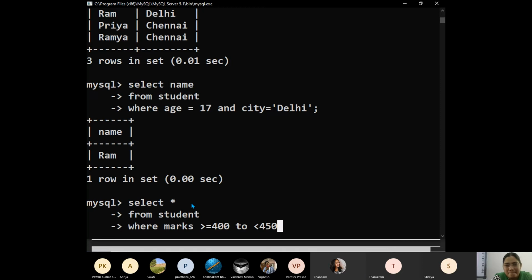This is how you write it. No, wait. See, when you have two conditions on marks, it should be marks greater than 400 and marks less than 450. Okay? That way you should write. Here most of you lost a mark, half a mark. If you go wrong anywhere here, you will miss marks. So you should not lose marks. When you have two conditions, we have to apply them on the same